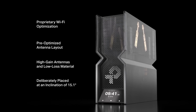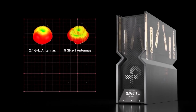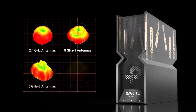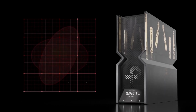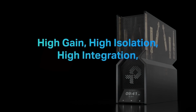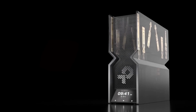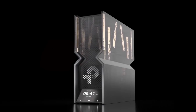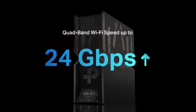Also, the 5 GHz antennas are specially designed to be placed at an inclination of 15.1 degrees. The horizontal coverage of Wi-Fi is ensured, and the 3-dimensional coverage of the antennas was also optimized. All of these designs achieve the effects of high gain, high isolation, high integration, and multi-directional coverage. The 12 internal antennas generate powerful quad-band Wi-Fi 7 across your home, with Wi-Fi speeds reaching up to an eye-watering